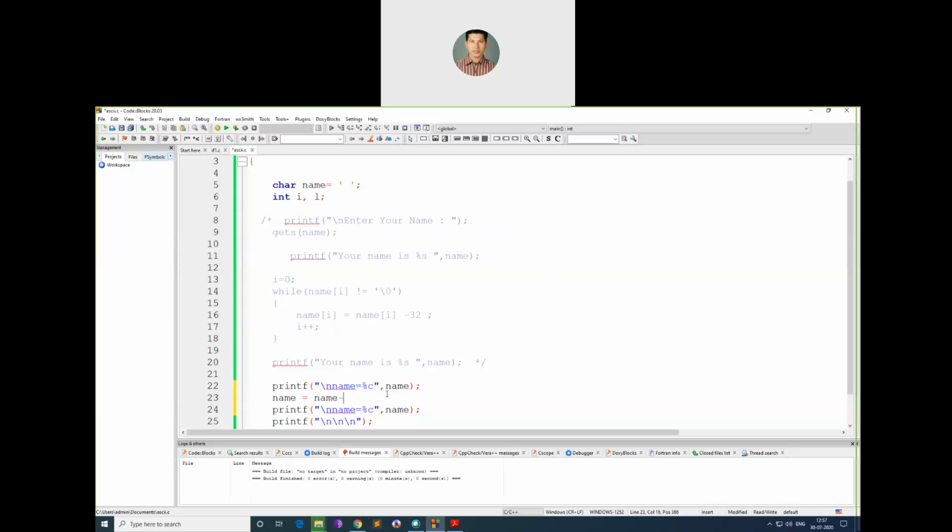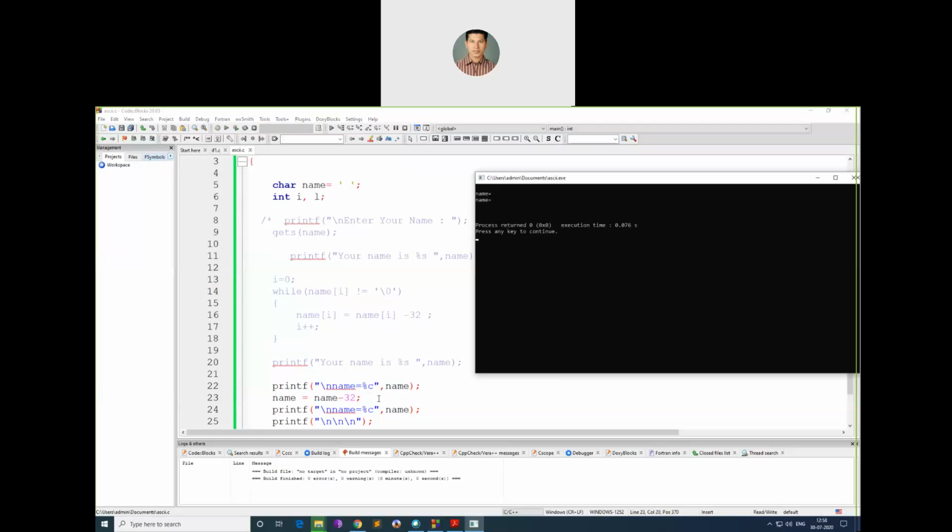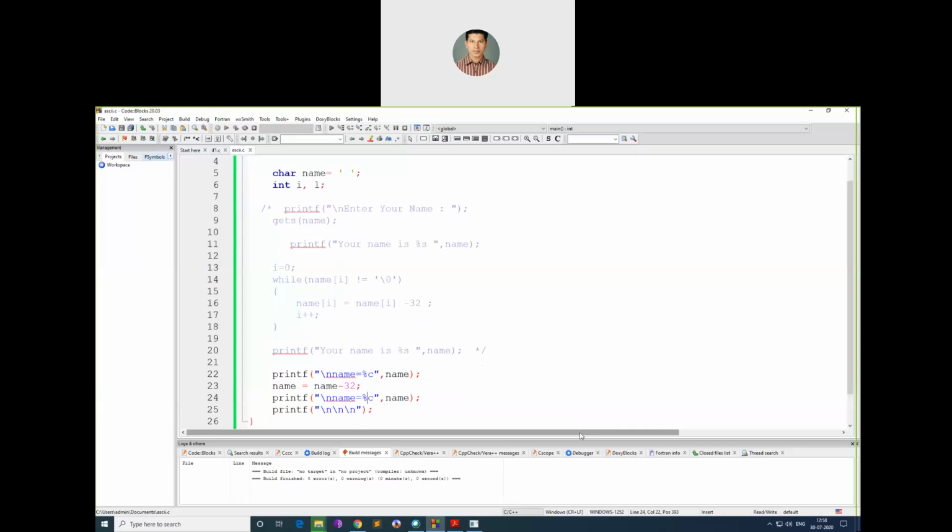If I do this, see what happens. There is a space, but actually, if you see the ASCII value of space, I want to print the ASCII value, then you will understand. ASCII value is %d.